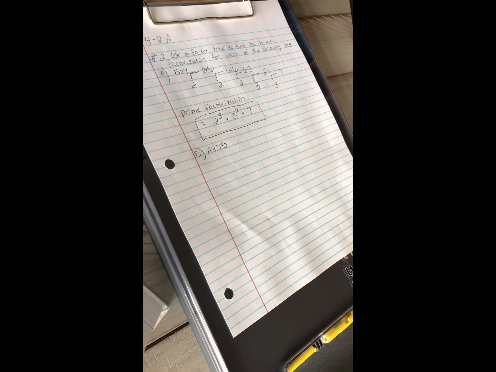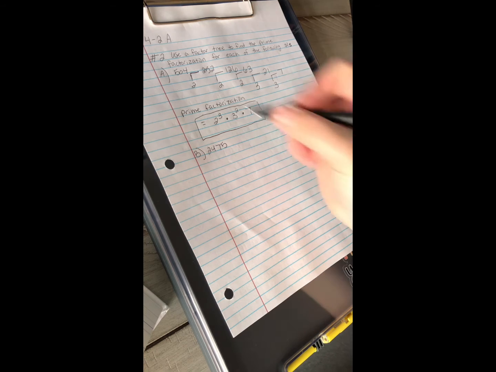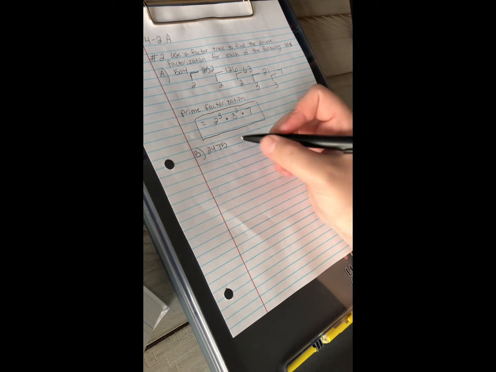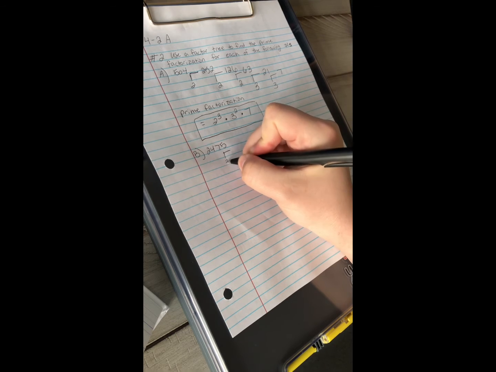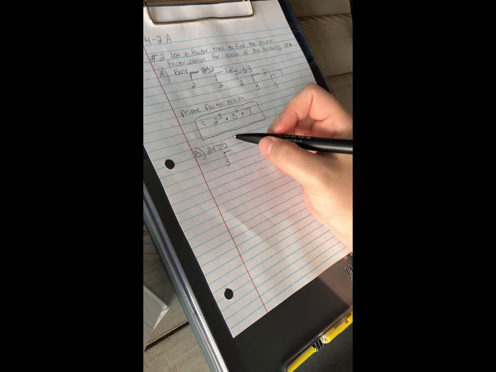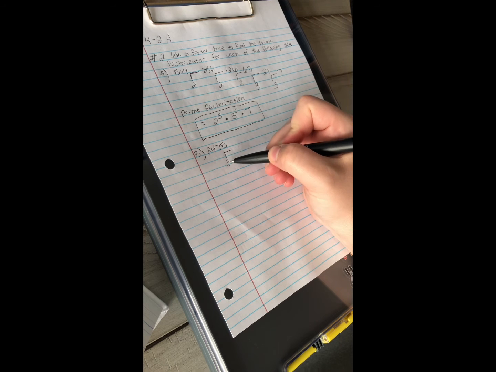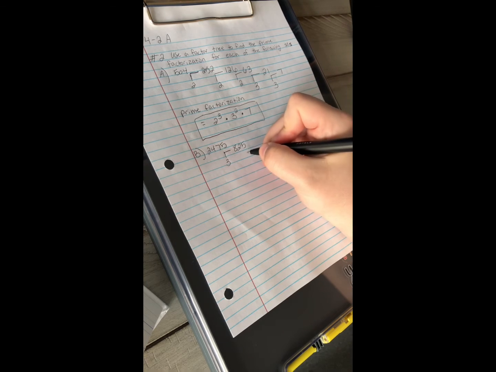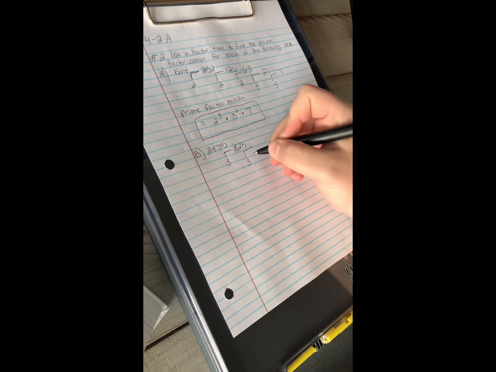So now for part B, it's asking us to find the same thing, and we're going to use a factor tree to find the prime factorization of 2,475. So to do that, we can set it up the same way as we did in part A, and we'll just start dividing by 3's this time, because 3 is a prime number, and so 2475 divided by 3 is going to equal 825, and we're going to do that by 3 again to get